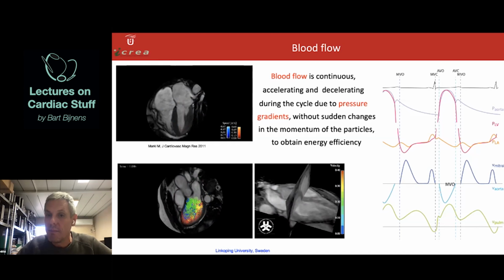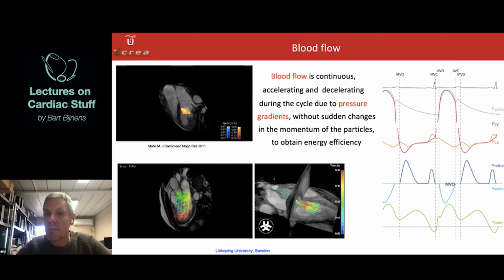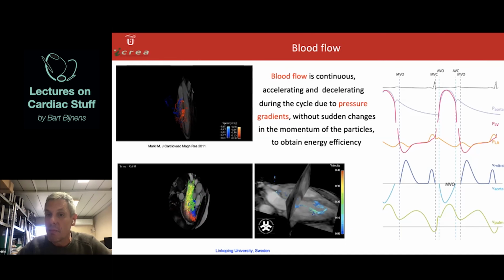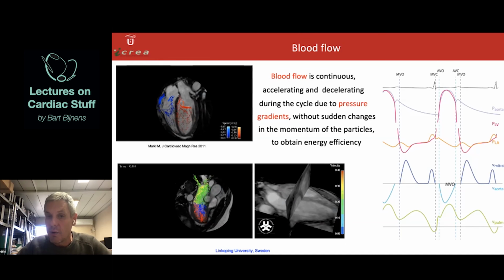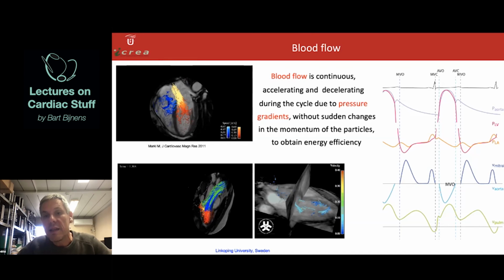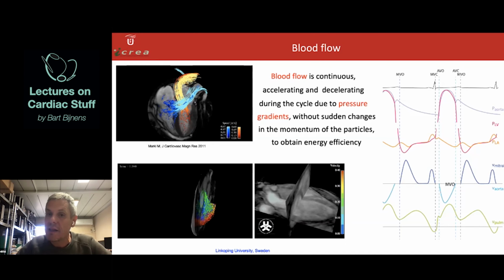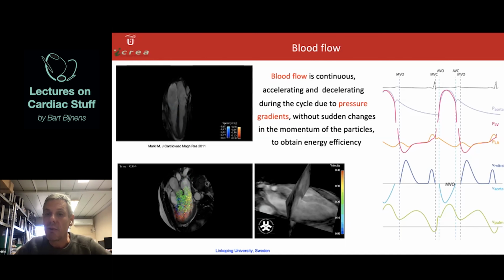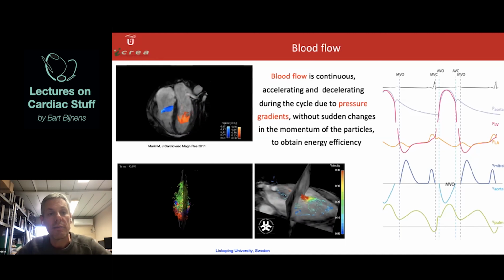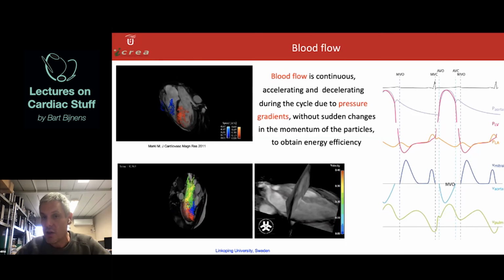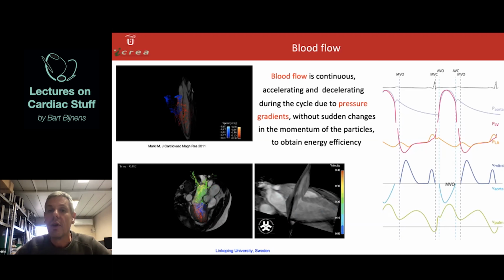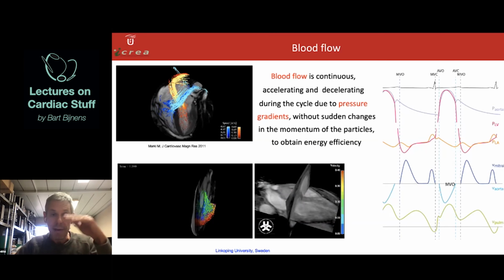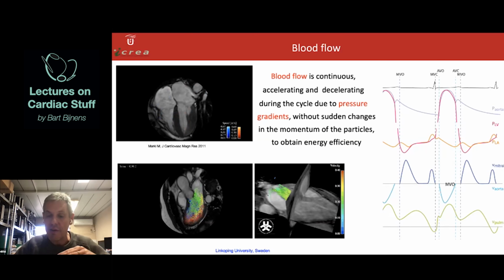So at the moment that, because of the onset of the contraction, the pressure in the ventricle rises and becomes higher than the pressure in the aorta, the aortic valve opens. And what you then see is that there's a certain pressure dynamics. We're not going to go into detail now, but we come back to that later on. So we see that left ventricular pressure in a normal heart peaks very early in the ejection, at roughly one third of the ejection phase, and then starts to drop